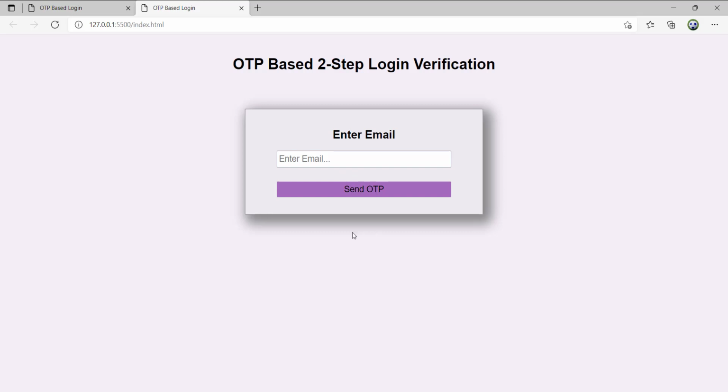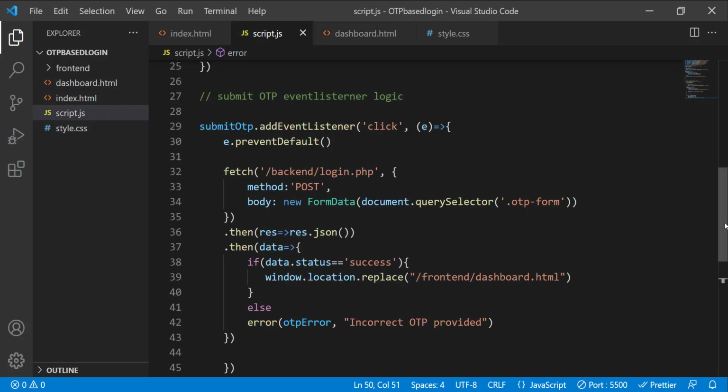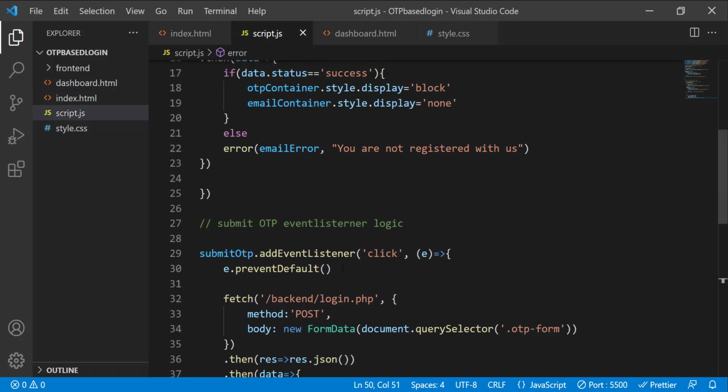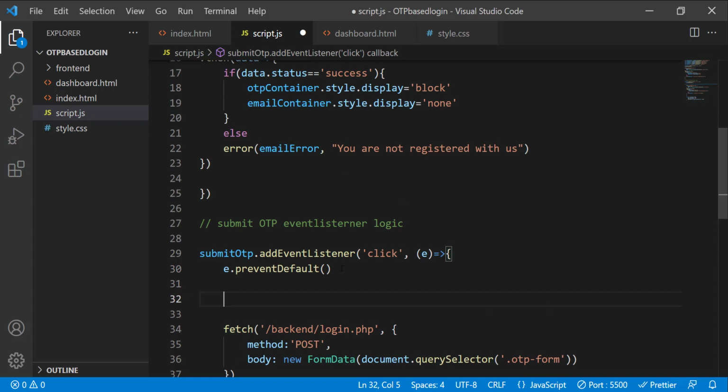Actually, I haven't defined this part, so obviously it won't work. Okay, so let's go back to the script file, and after prevent default, we need to put a check. What this check will do is make sure that there is some data in the input field. If there is no data, it will display the appropriate message in the span, and it will terminate this event listener right there. Because if this event listener is not terminated right there, the next thing is a fetch request